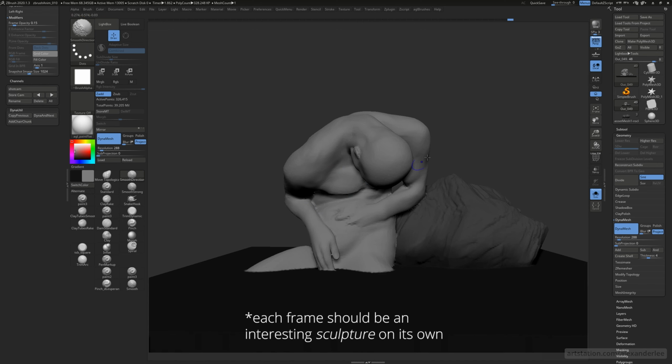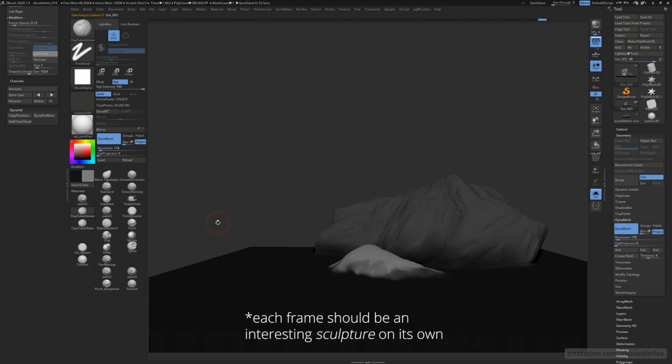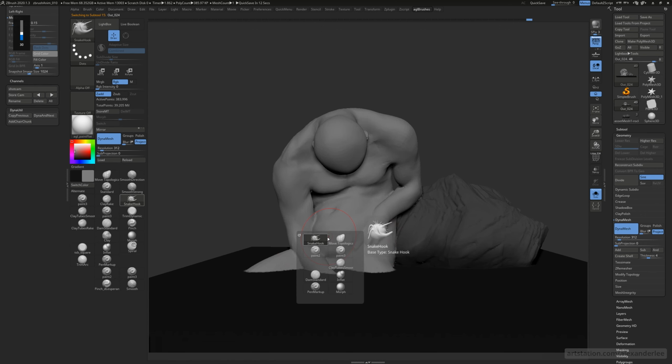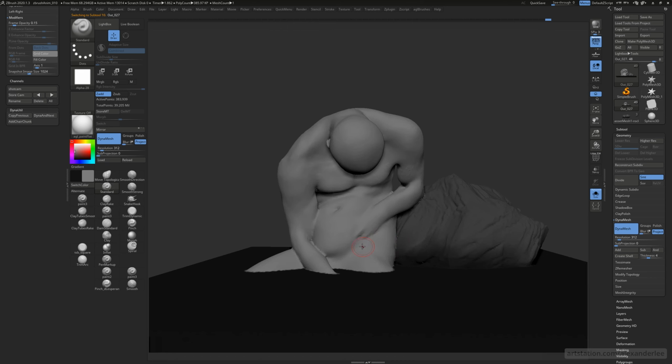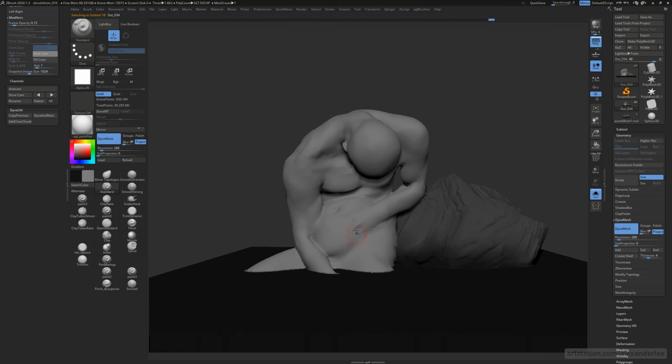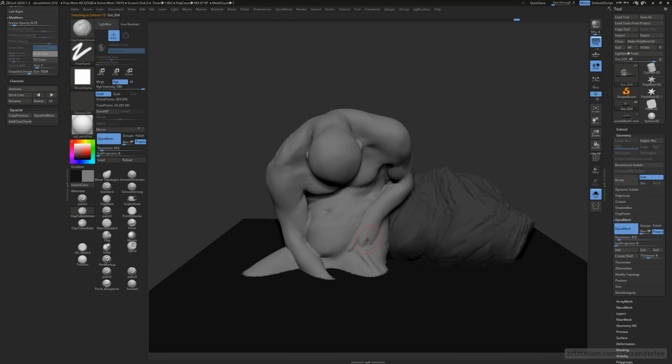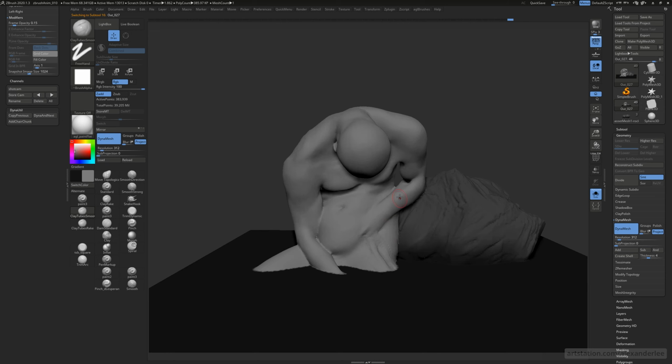And that's kind of one of the benefits of this process. The extent to which you go there is really dependent on how much time you have to work on it. But ideally, each frame is going to contribute to the look,